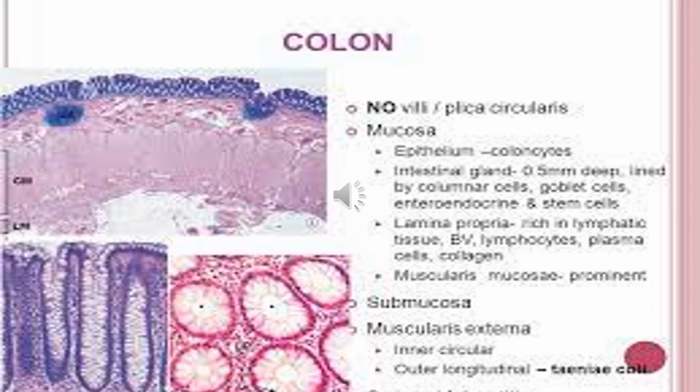As I have told you earlier, the transverse colon and sigmoid colon are completely surrounded by serosa, while the anterior surface of the ascending and descending colon is also covered by serosa, but the posterior surface is devoid of peritoneal covering, so we will draw adventitia over there. So this completes the colon part of the large intestine.